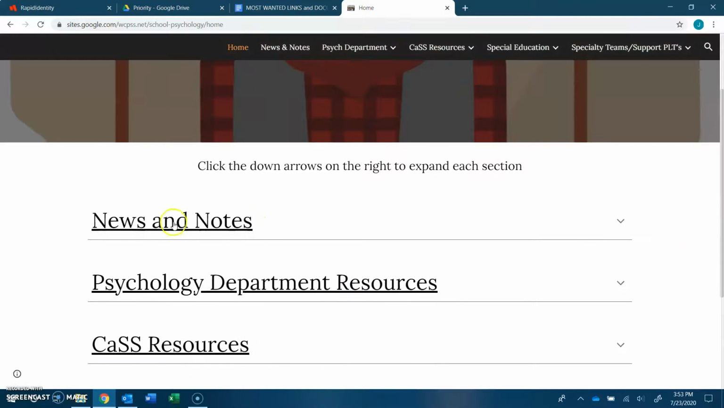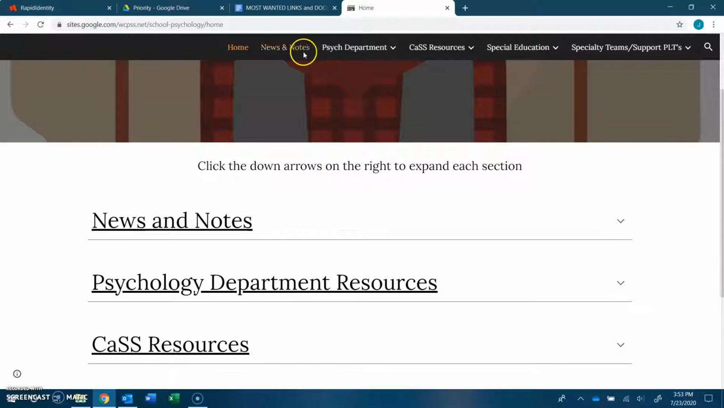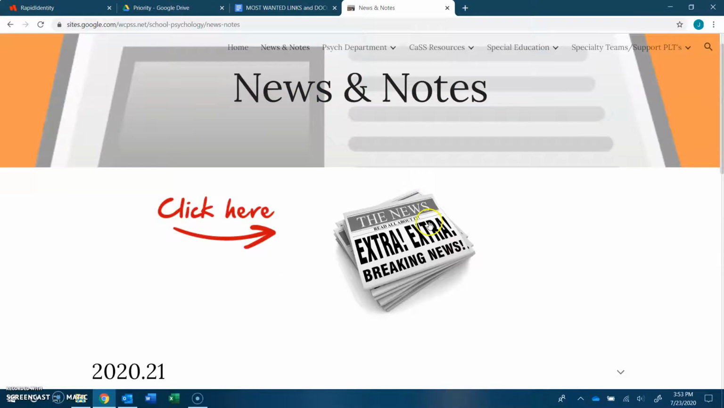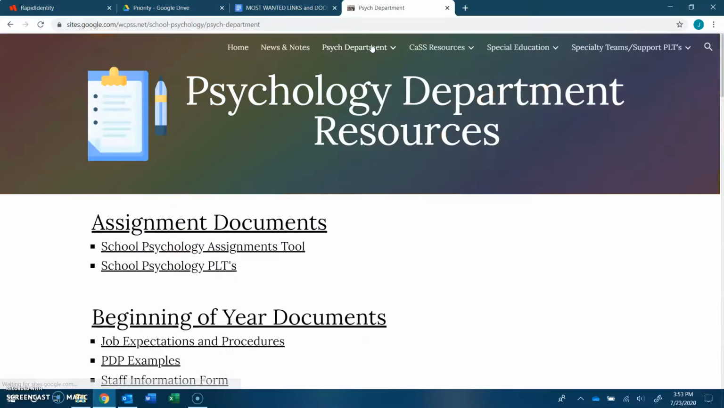The next area is the psychology department resources. You can also access that up here. And even though this content area changes, like when we were on the news and notes page, we couldn't get any of that stuff anymore, but it's still all up here. So if we want to get to the psych department spot, we can just click up here and have a look. So this area,